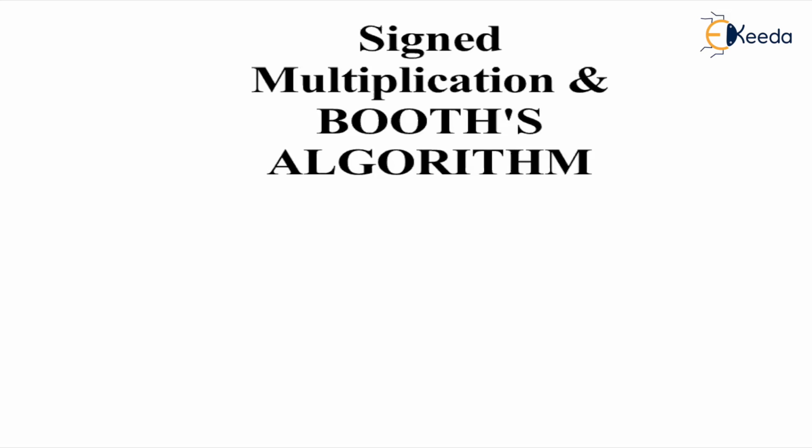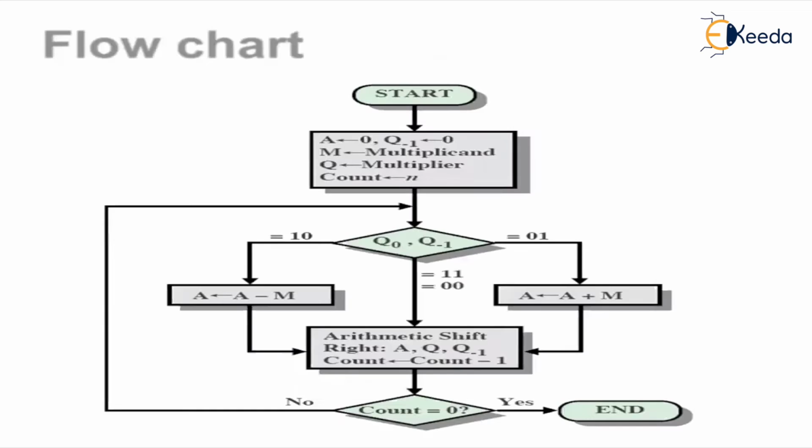So this algorithm is used to multiply two's complement, and you are aware of how we take two's complement. You should be aware that in the binary numbers, ones get converted to zeros and zeros get converted to ones, and after doing this, you just add a single digit one to it, and it is called your two's complement. So let us go ahead and look at it one by one.